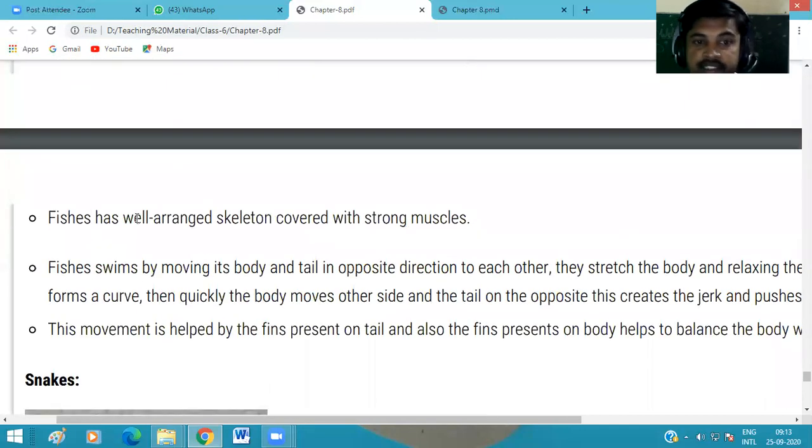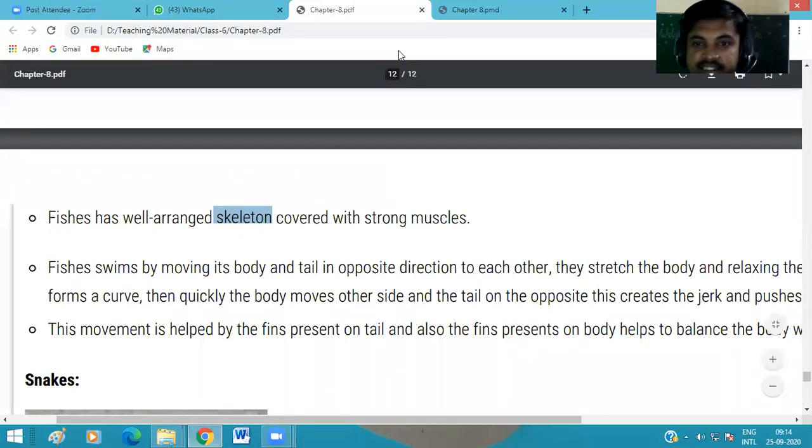Fishes have a well arranged skeleton. When we talk about its skeleton, like us, it has two types of skeleton: inner skeleton and outer skeleton. Its inner skeleton is made up of bones or cartilage, and the exoskeleton is made up of scales. Scales means